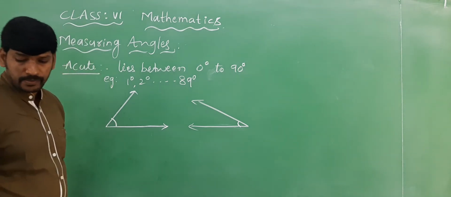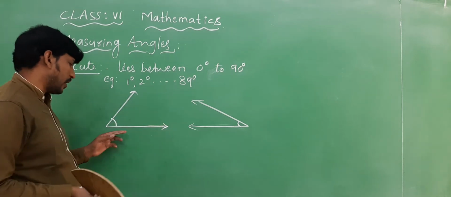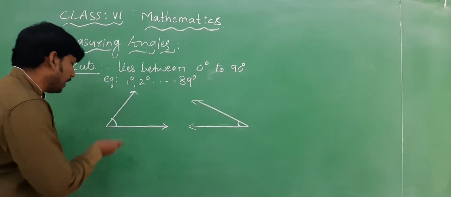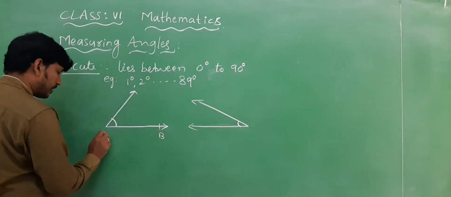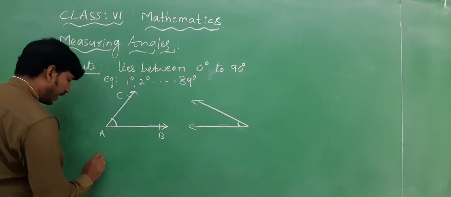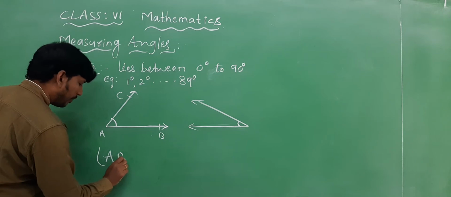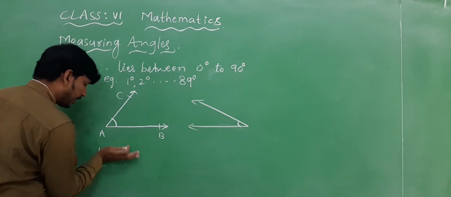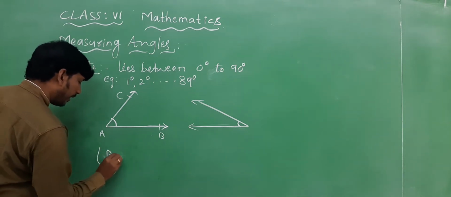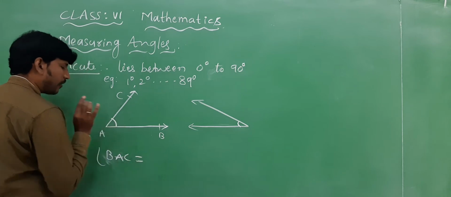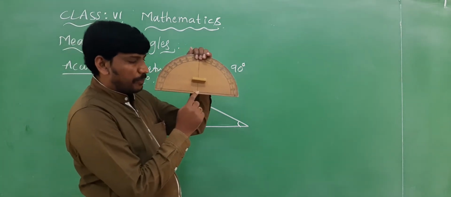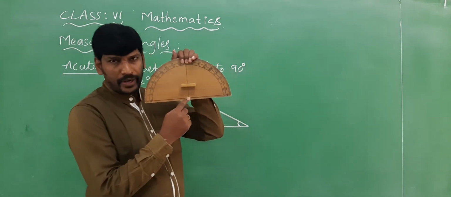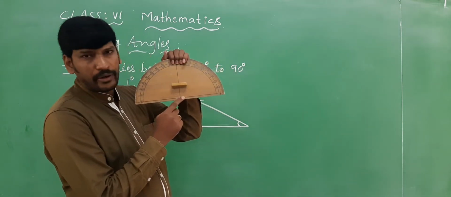Right? Let us measure. How to measure this angle? It is an angle with 2 rays. Here it is point B, this is A, C. We are going to find angle BAC. This angle we are going to find out. I told you, these two lines are meeting at one point. It is a vertex, right? By using this point, we are going to find out.